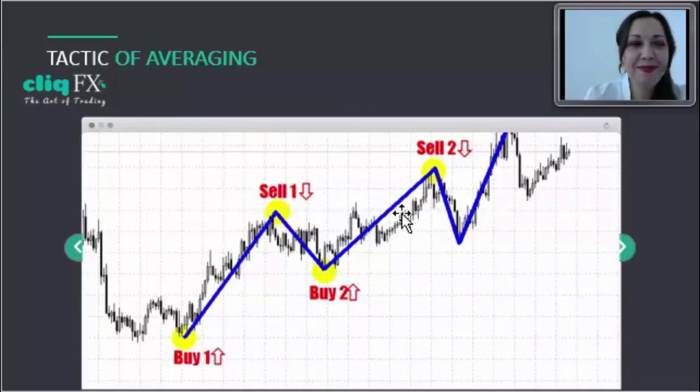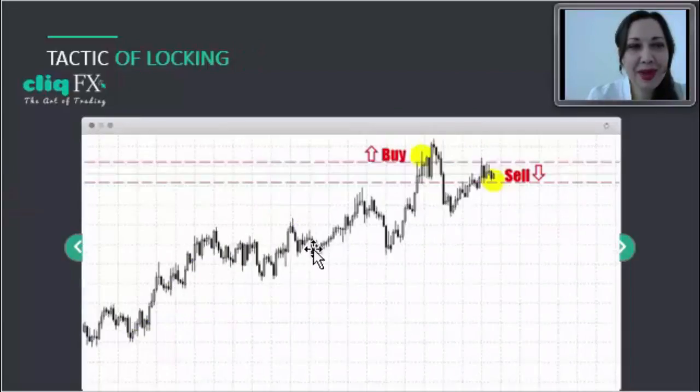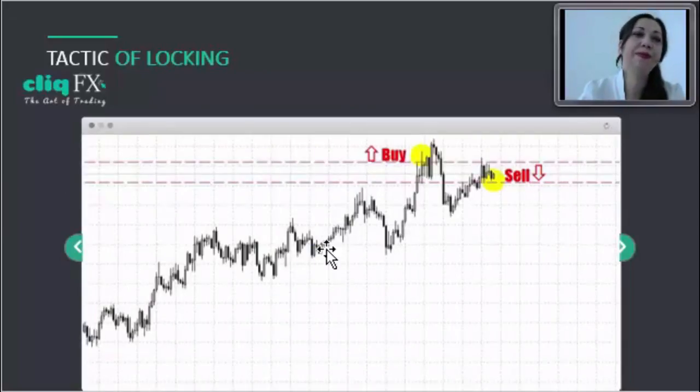Here it is, our next tactical method. This is actually the most complicated tactical method. Maybe we will linger a little bit longer on it. It's called locking. To tell you the truth, it's rather risky, and you need to understand how to make it